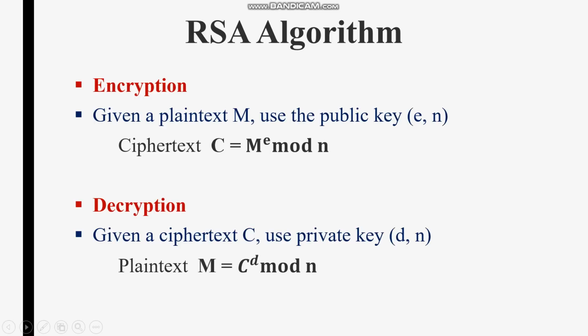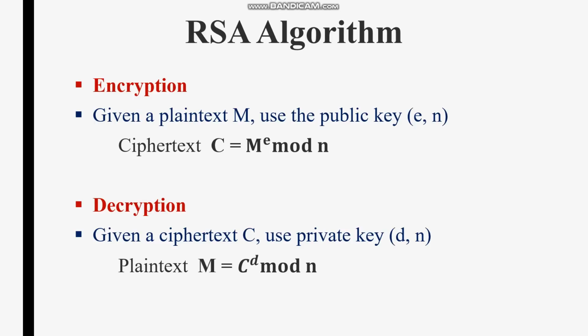So 7 is the message, and you will know the public key and private key, and for that 7, you get the ciphertext, a value, and if you map that value to a character again, that is going to be your ciphertext. Like this you will perform encryption and decryption for each and every character if it has to be done manually. Programmatically, we'll convert that character into its ASCII equivalent. So this is about the RSA algorithm.